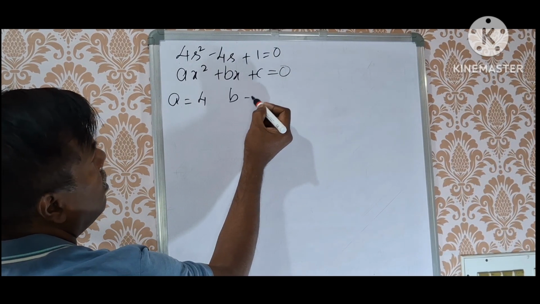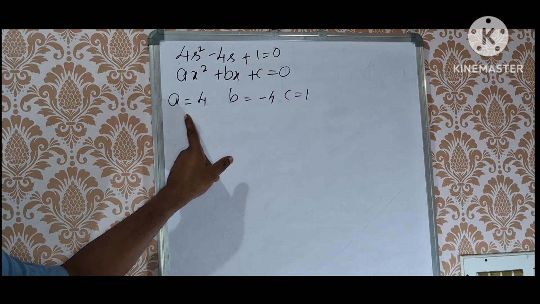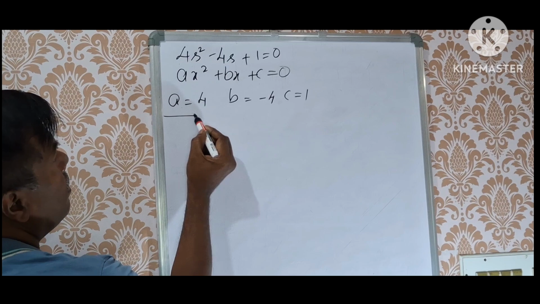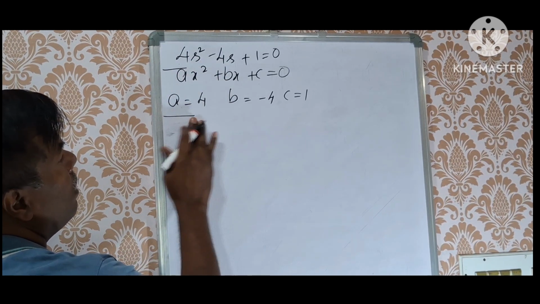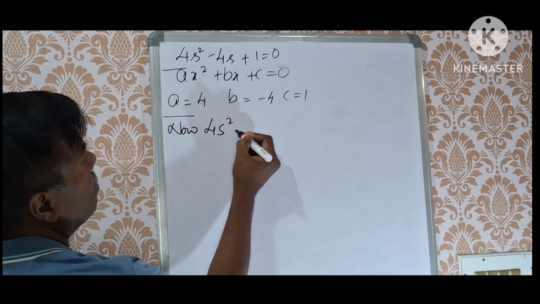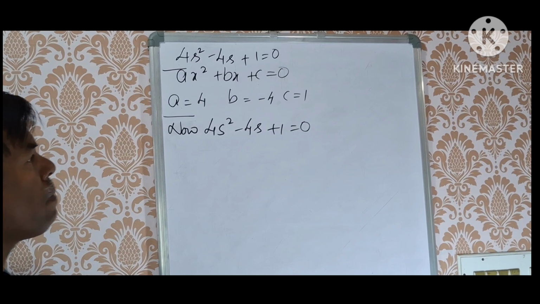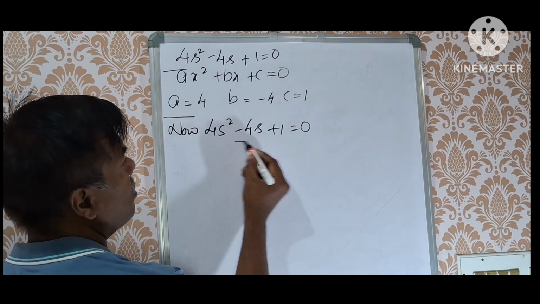a is 4, b is minus 4, c equals 1. These are the coefficients. Now, if we solve this given equation, we get the values of zeros. Now, we solve the given equation 4x square minus 4x plus 1 equals 0. How to solve the given equation? Resolve the middle term into two terms